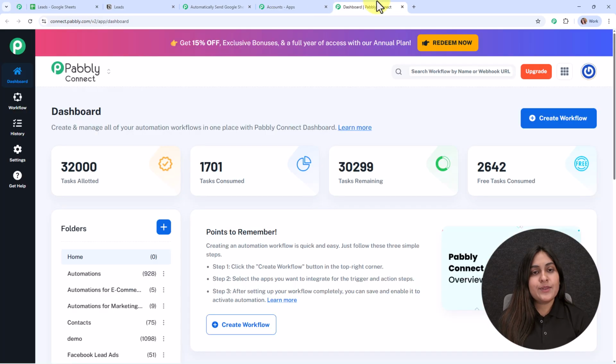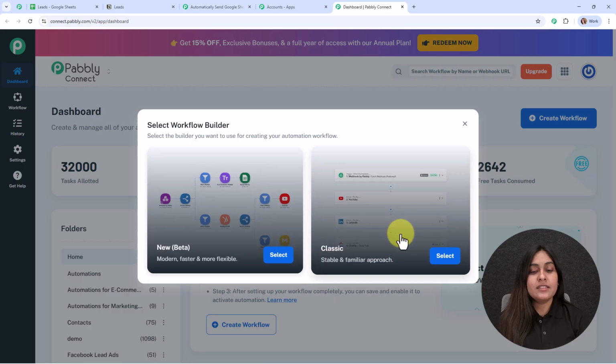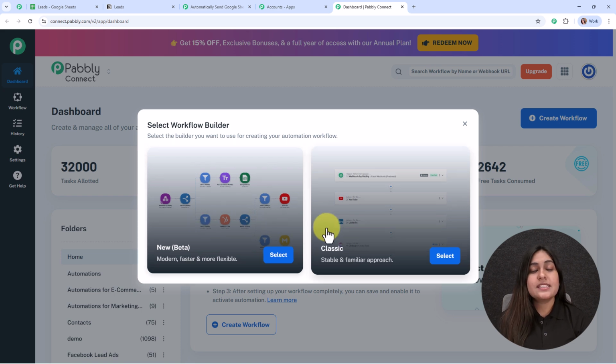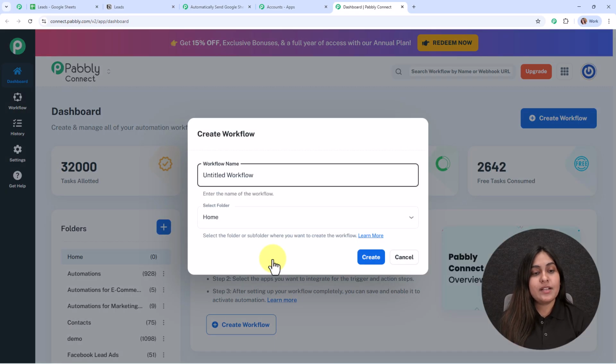Alright, let's move back to the dashboard, and here to build a new connection, I need to create a workflow first. So for that, I'm going to click on this create workflow button, and then here it is asking us to select the workflow builder. So here you can see two options. One is new beta and the other one is classic. The beta version is modern, faster and more flexible, whereas the classic one is the stable and familiar approach. So in this video, we are going to use this beta version by clicking on the select button, and then